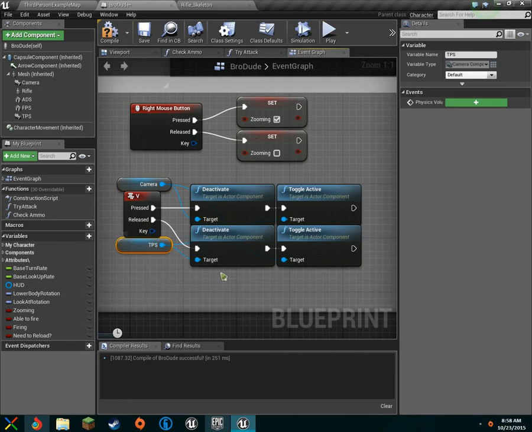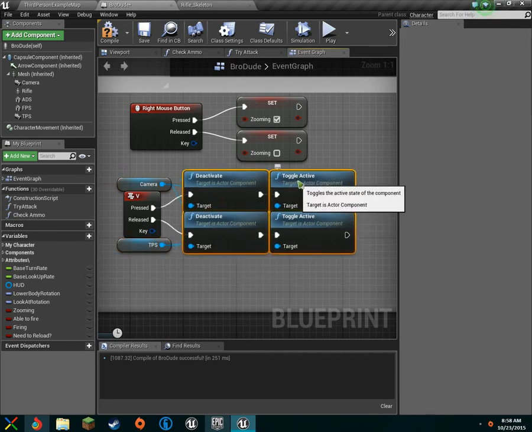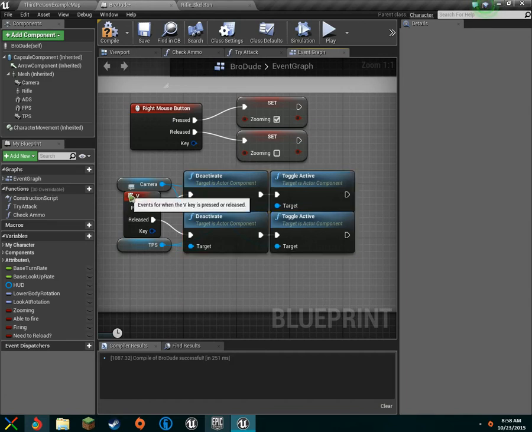So, English this time. One more time in English, please, because we don't know what you're doing. Okay, fine, I'll do it in English. So, when we press V, it's going to deactivate our normal camera and activate our new third-person camera. When it is released,